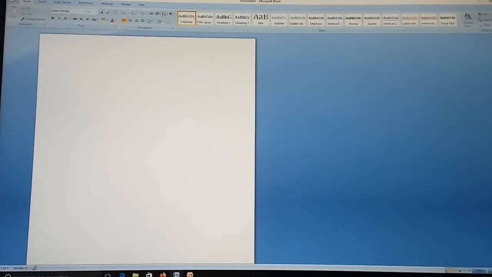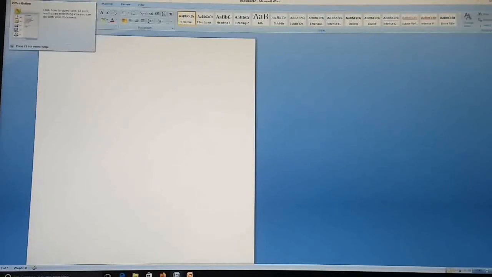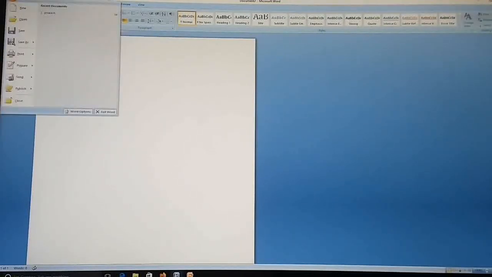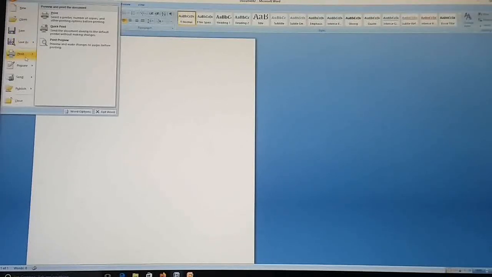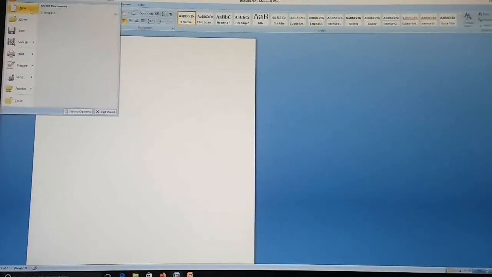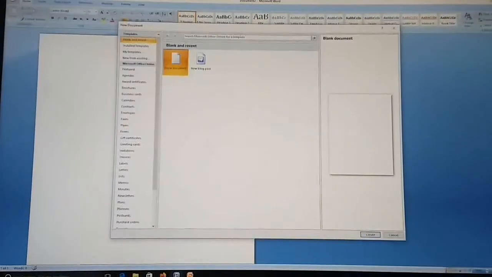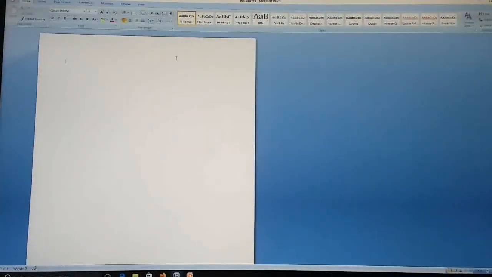So look at the arrow mark. Here in the top left corner there is one Office button. There are some menus like new, open, save, save as, print, and other features. If we click the new option, then blank document, we can open a new document.